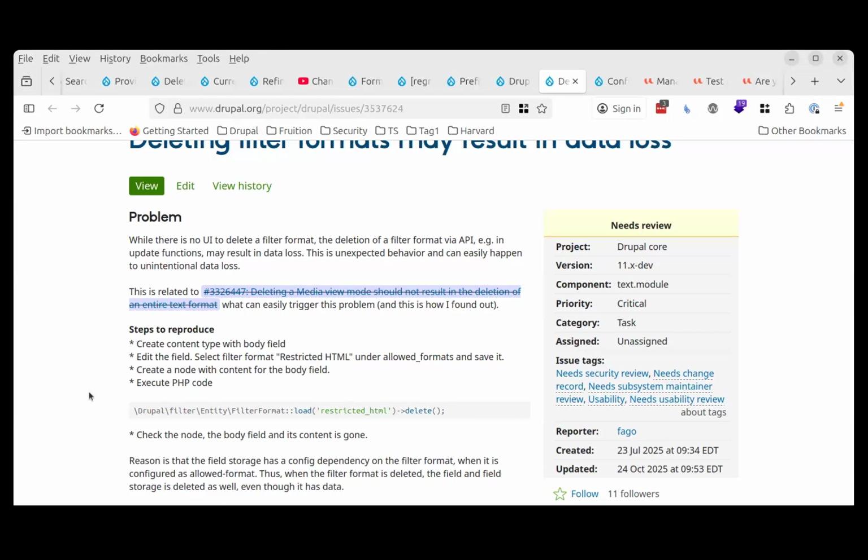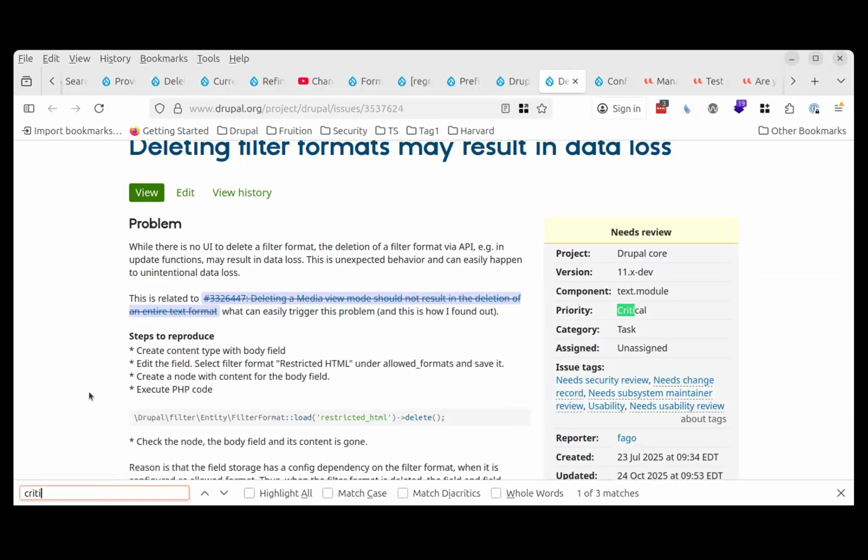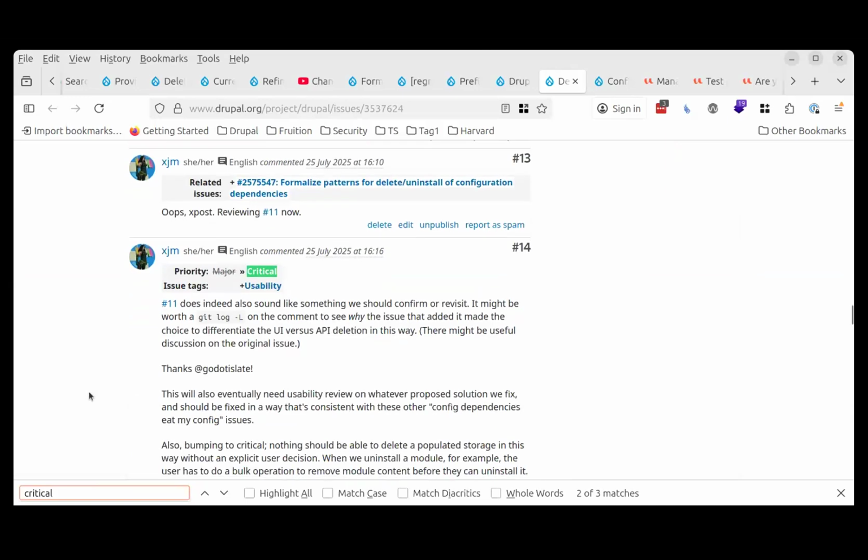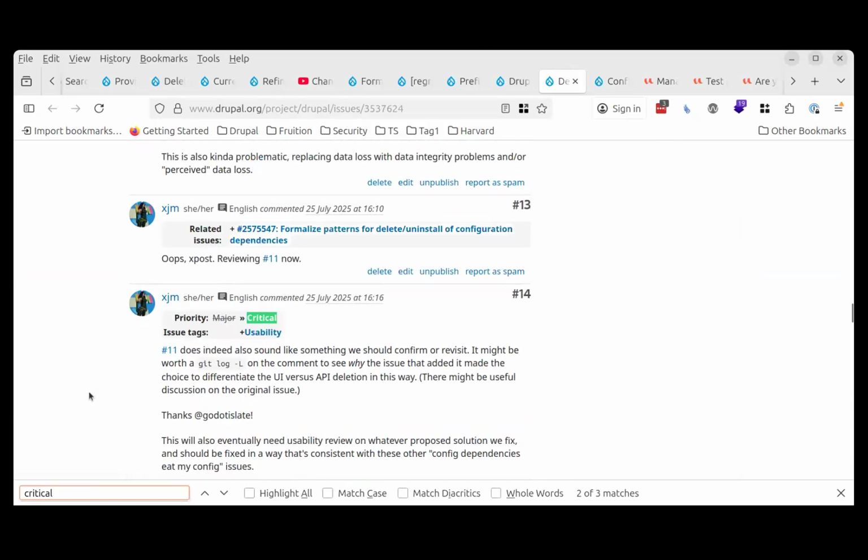Yeah, I agree that if it doesn't delete data, then it's not such a big thing. Where was it just marked as critical? So basically, I'm thinking